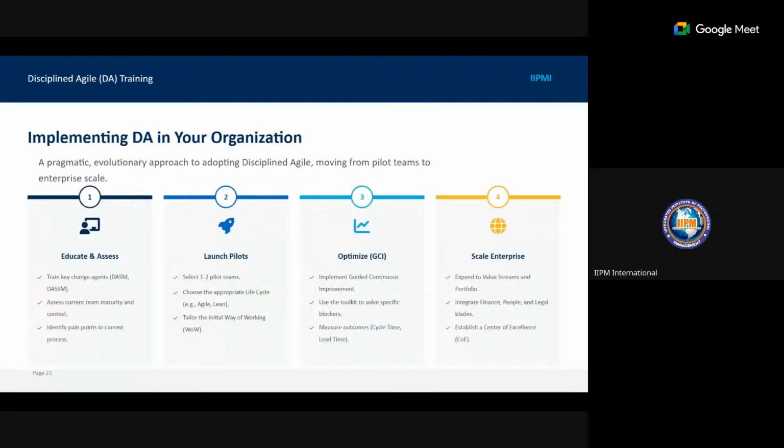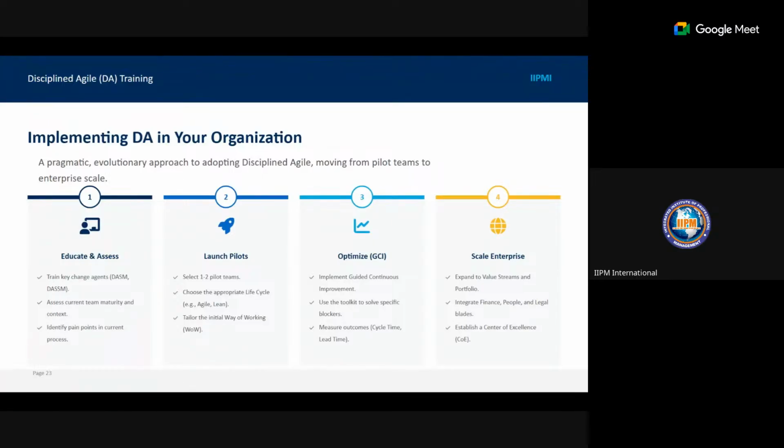So you can scale from small to medium to large. Okay. How do you implement DA in your organization? A pragmatic evolutionary approach to adopting discipline Agile, moving from pilot teams to enterprise scale. Number one, educate and assess. So train your team. Train key change agents like your discipline Agile Scrum Masters, discipline Agile Senior Scrum Masters, as the case may be.